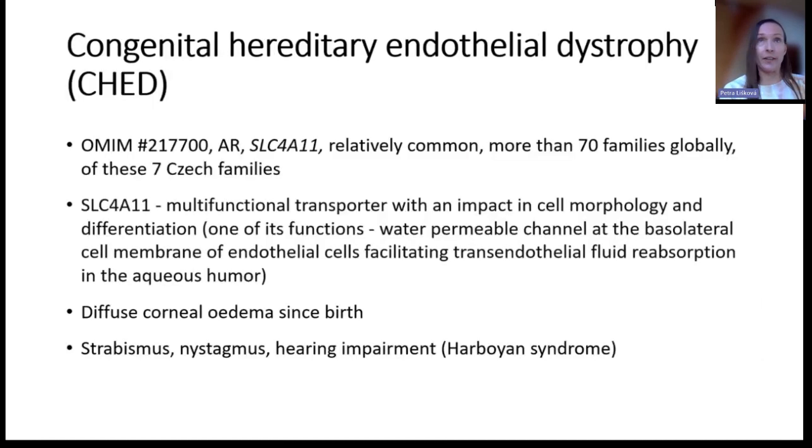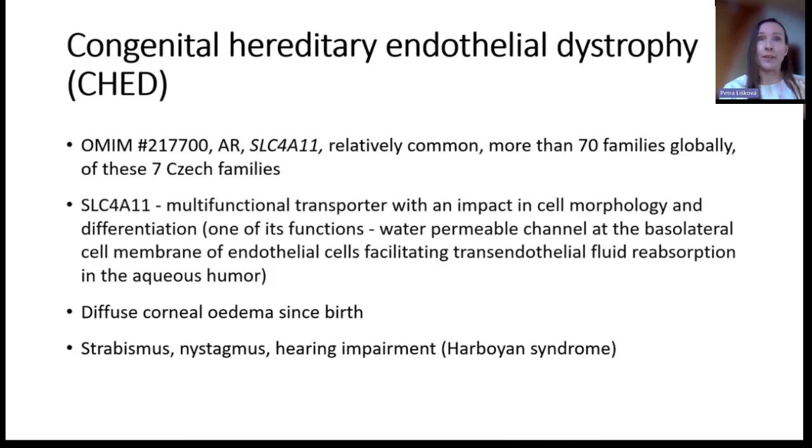So the next clinical entity is congenital hereditary endothelial dystrophy. It's a disease which I would say, although rare, is relatively common. Again, I've counted in the literature more than 70 families described globally, and we've identified 7 Czech families. It's caused by mutations in SLC4A11, which is a multifunctional transporter with an impact on cell morphology and differentiation. And one of its functions is also that it's a water permeable channel at the basolateral cell membrane of endothelial cells,